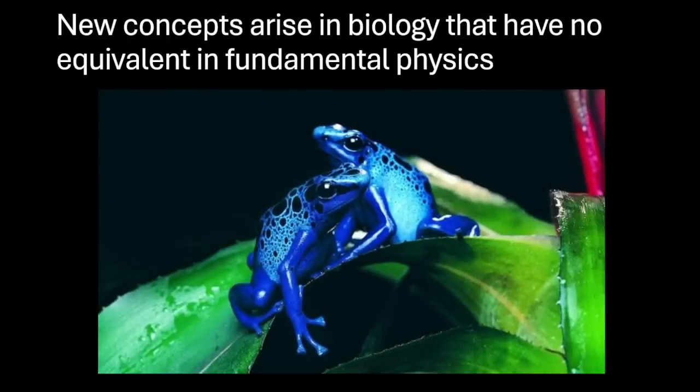And so things like reproduction and survival, and the kind of structures and behaviors organisms evolve in order to survive. The idea of survival itself is not a physics concept, and it doesn't make sense in terms of physics. It makes sense in terms of biology, because biology concerns entities for which the concept of survival applies. It doesn't apply to individual particles, but if you take all of those particles and arrange them, you get a new entity, for example, a frog, and now new concepts apply to this entity, which don't apply to its composite parts. The idea of survival, the idea of reproduction.